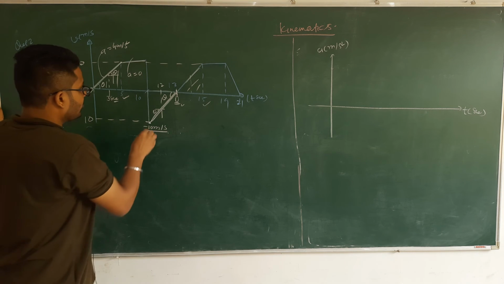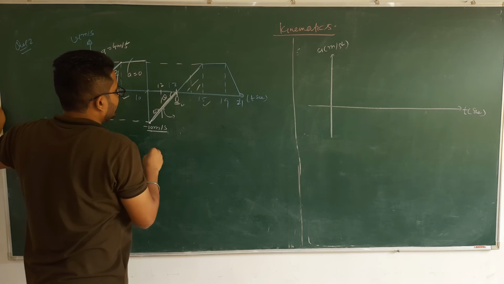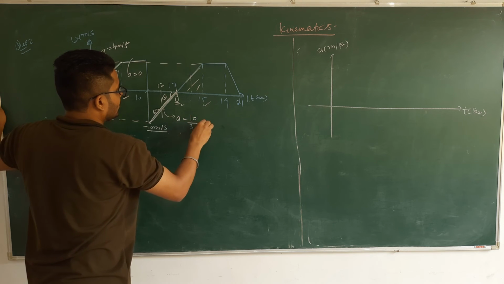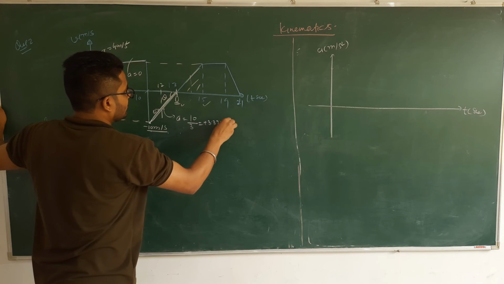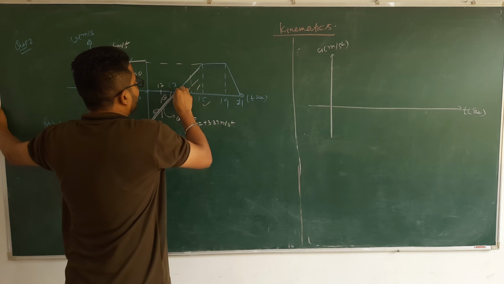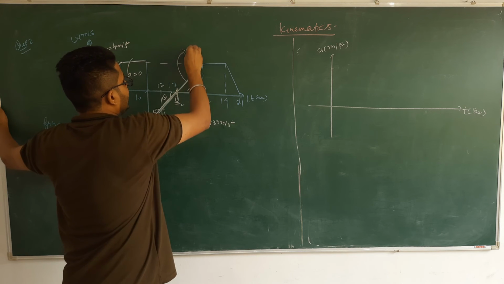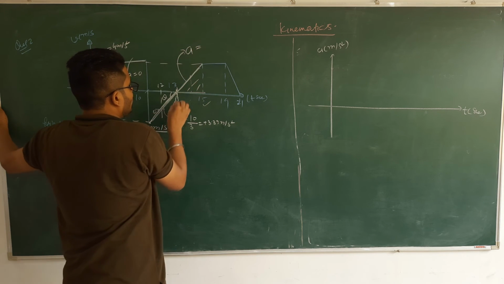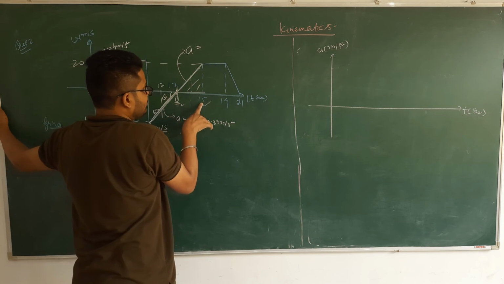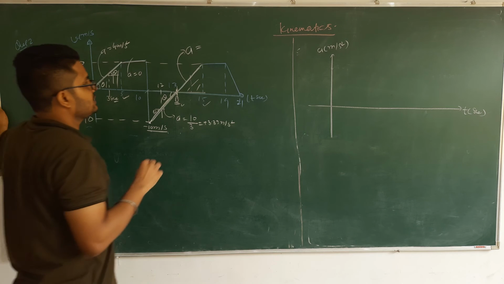Okay, from 10 to 13 acceleration is, earlier we calculated 10 upon 3, plus 3.33 meter per second square. Okay beta, next, acceleration between 13 to 15. Because velocity at 13 is 0 meter per second and after 15 seconds velocity is 20 meter per second here, velocity is going to increase, so acceleration is on the positive side.